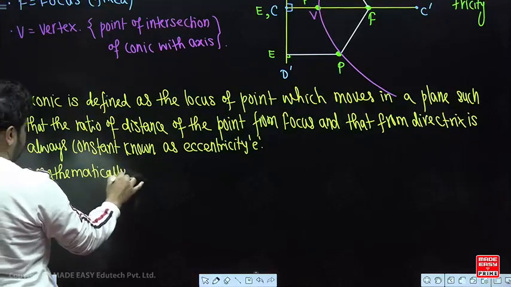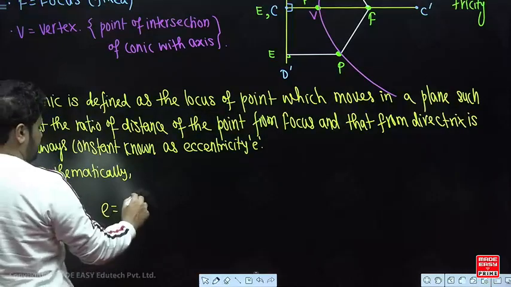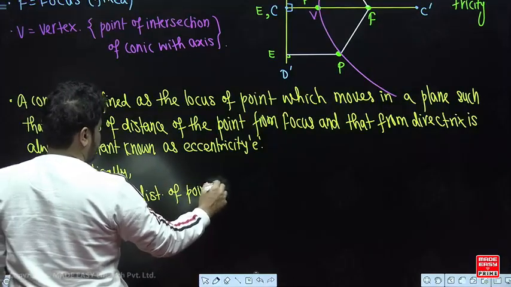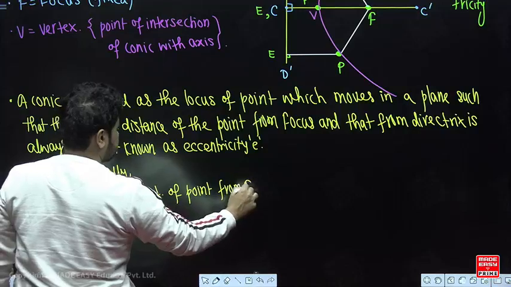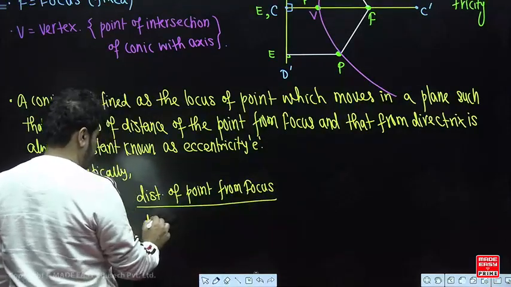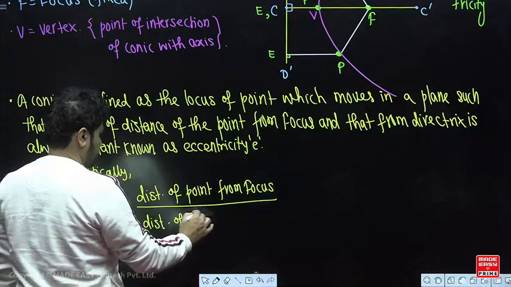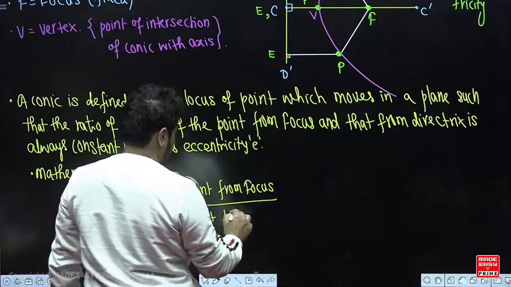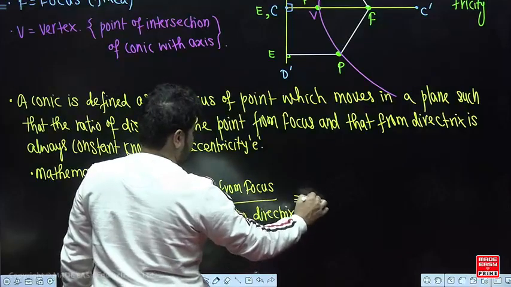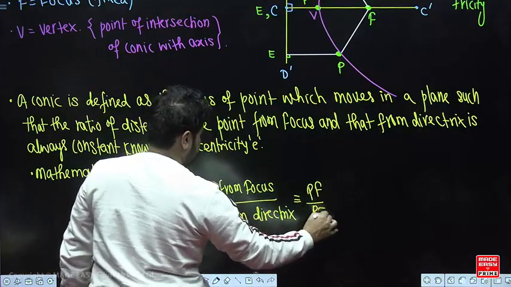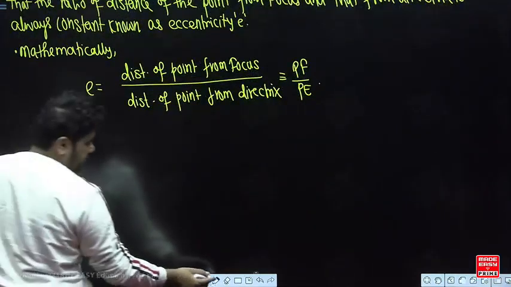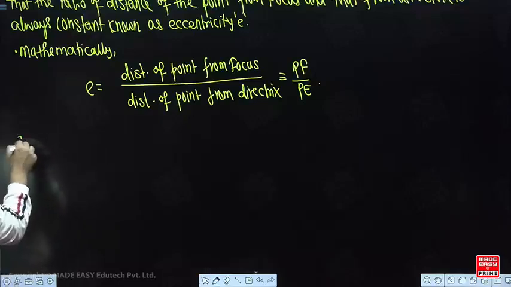So mathematically, eccentricity E is equal to distance of point from focus upon distance of point from directrix, that is PF upon PE, correct? PF upon PE. So we have three cases. What are those three cases? So case number one,